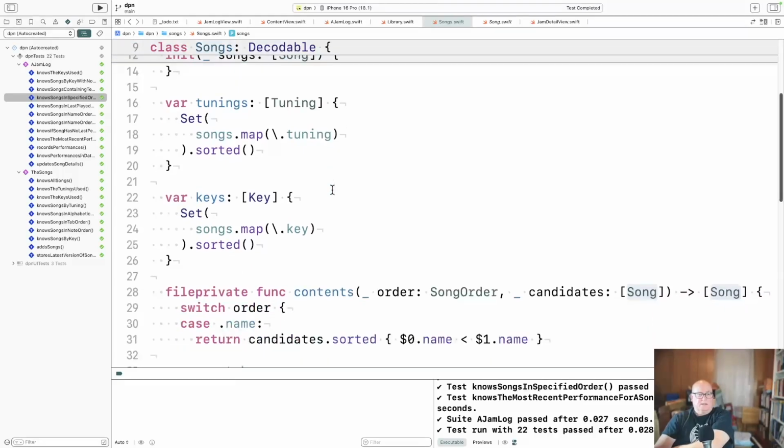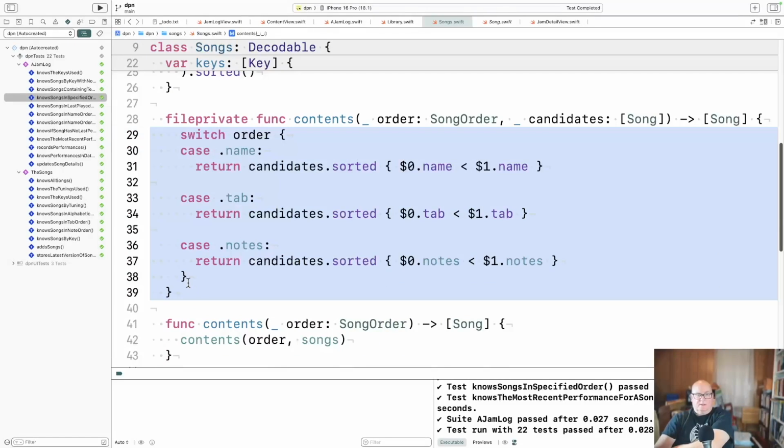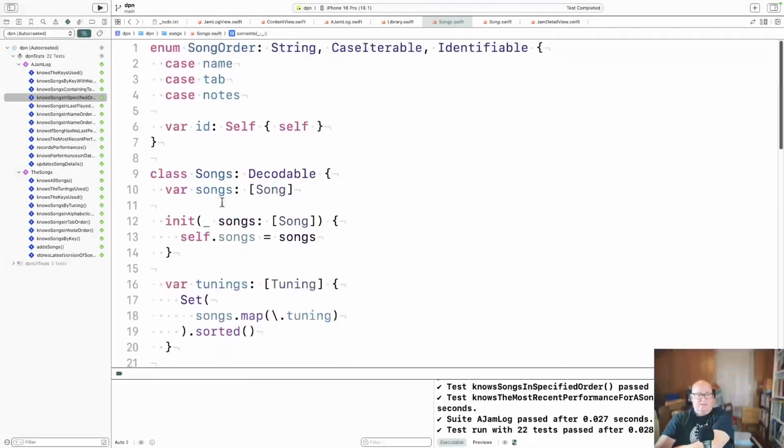Then songs and library would kind of fold together, which the sorting kind of makes sense. I mean, sort by name, sort by tab, sort by notes. Those are different kinds that could be useful. All right. Well, that's kind of a big refactoring.